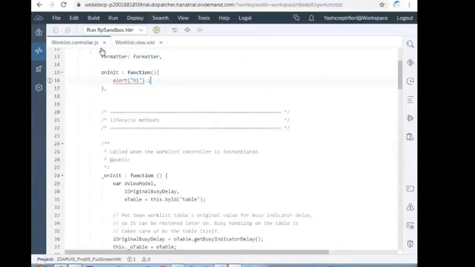In the controller, just rename this onInit. Just put an underscore at the beginning. It no more behaves as a lifecycle function. Your server won't touch this one. Now create a lifecycle function onInit, O small, I capital.